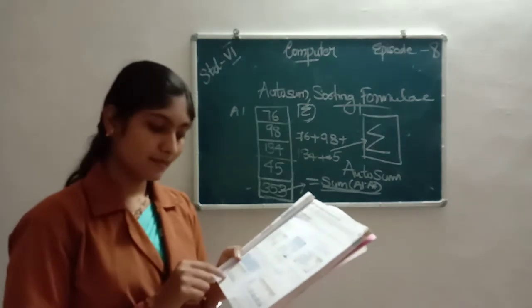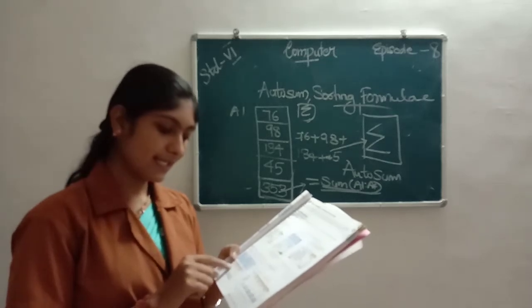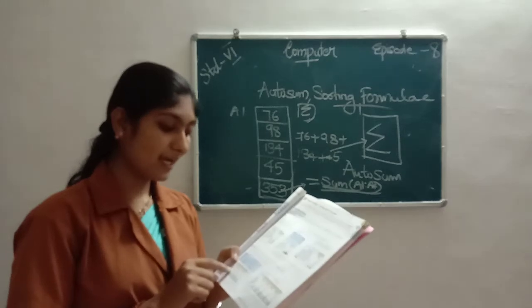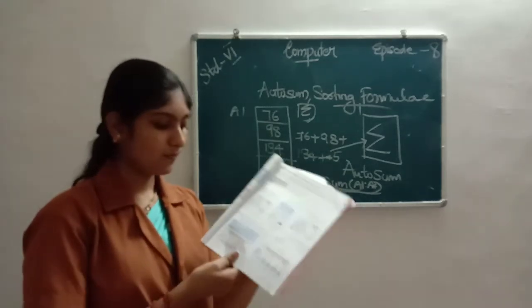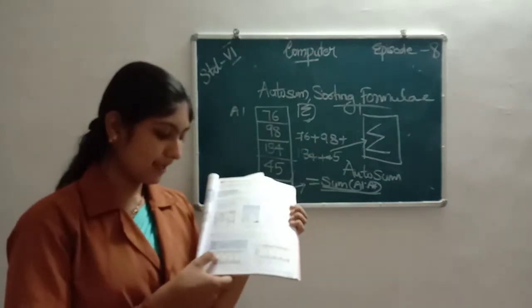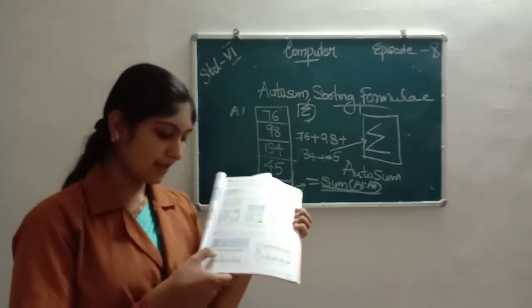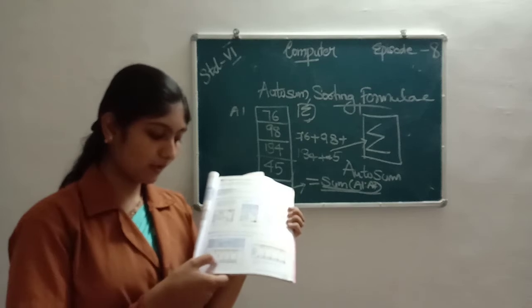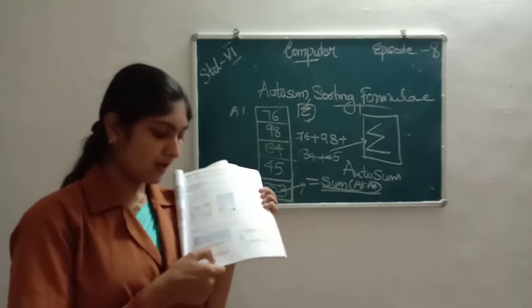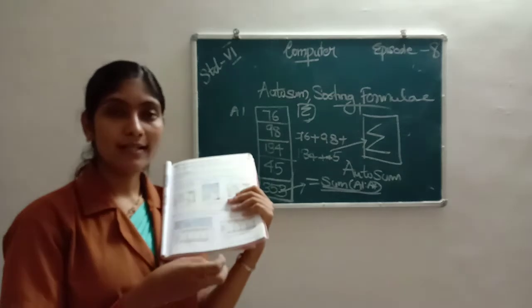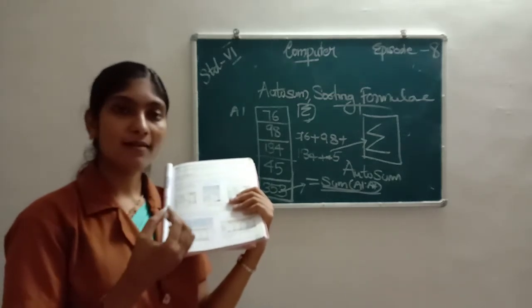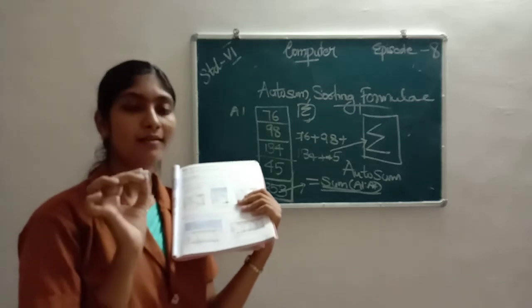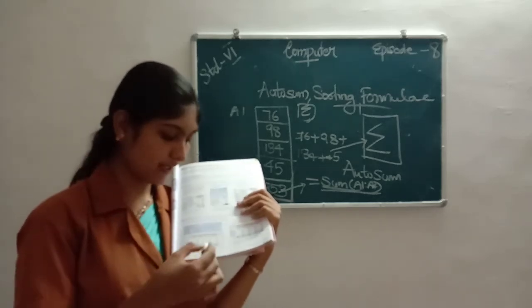So there is a problem: find the sum of marks scored by all students using auto sum. There is a list of students: Sanjay, Rajiv, Shalini and Mithaj, and the subjects Maths, Science, English, Hindi. Look here, Sanjay got 23 in Maths, 34 in Science, 56 in English and 45 in Hindi. We want to calculate the total marks of each of these students.